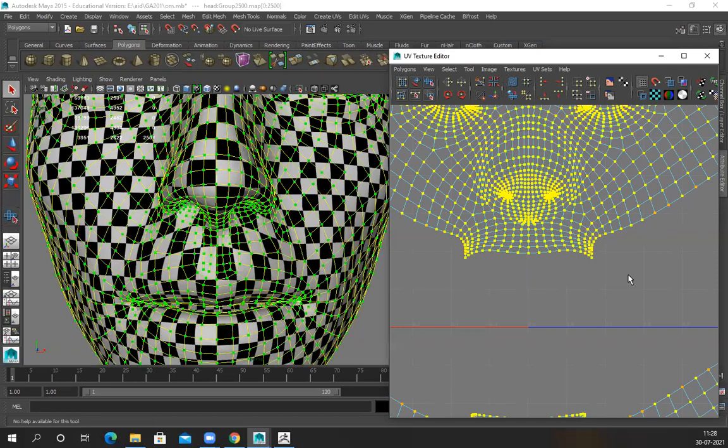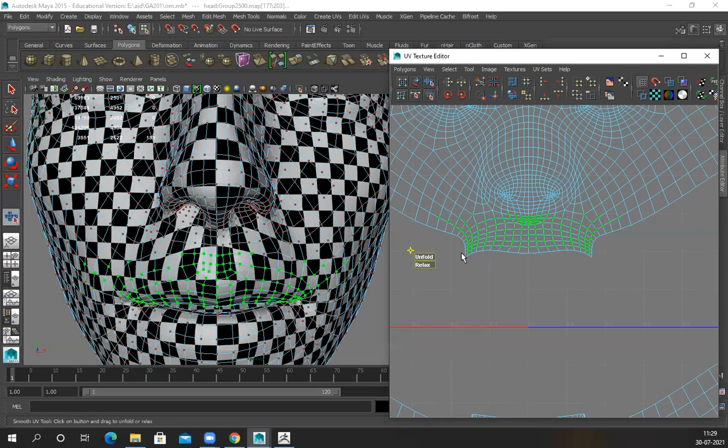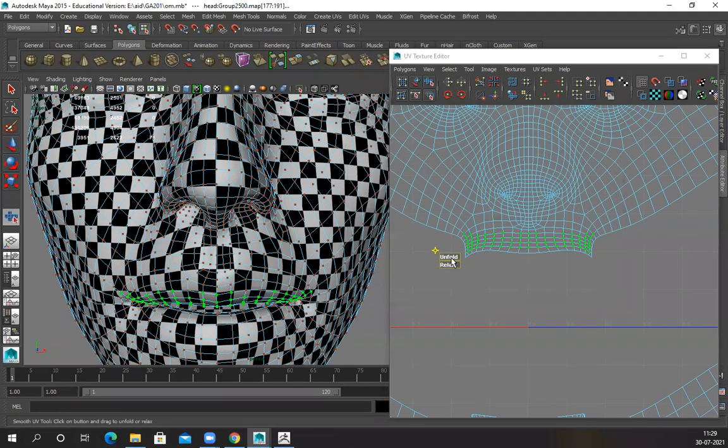Very strange. Unfold to get rid of those stretches. Why is that affecting the pin border? Okay, pin border is on.